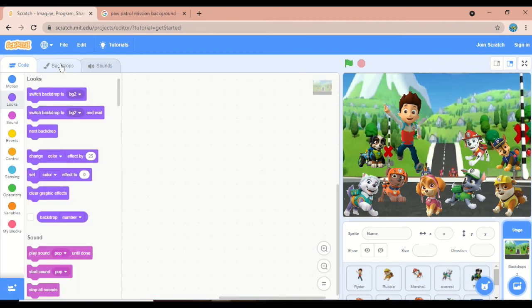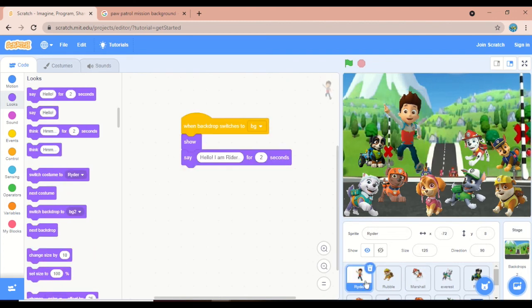It's in backdrop. Now we want to select the Rider. Next step is the Rider will say, hi everyone, we have a mission, so bye friends. He will say bye to us, and then they all will go for the mission. But you can see with this background, we don't want these characters here. We want to hide them after they came and say hello. When Rider says we have a mission, bye, then no one should be here. So we will hide them all.